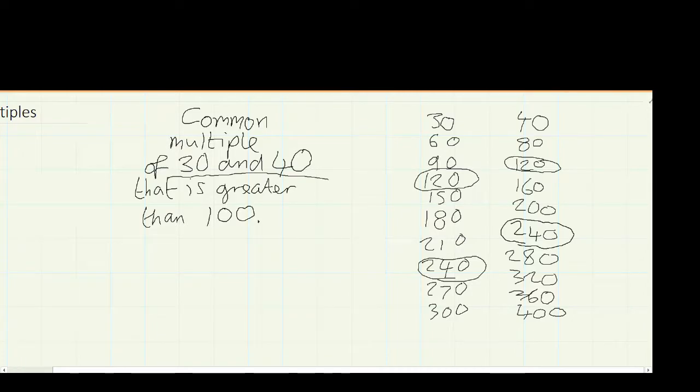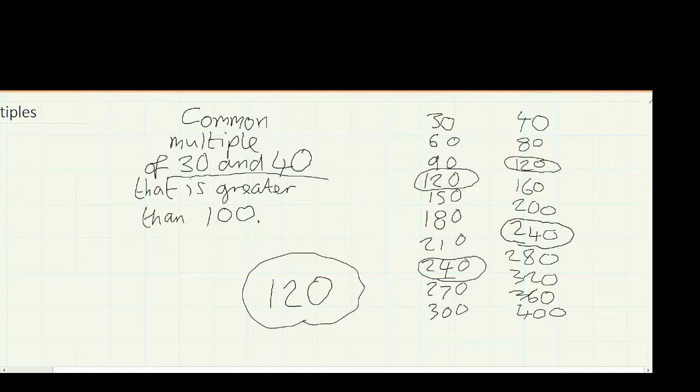I don't think it would change if that criteria wasn't there, but it's just showing you how you could look at an answer and make sure by just writing down the multiples in a vertical line, not horizontal, because you can't really compare them very well. A vertical line is very, very good. So he's written 120, nice and big. I'm sure you're right, 120, 240, unless